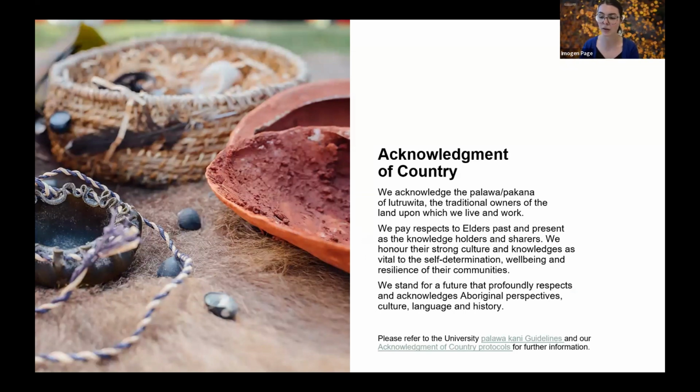Take a moment to acknowledge the traditional owners of the land across all of the places that you're joining us today. Here at the University of Tasmania, that's often the Palawa Pakana people. Respecting Indigenous knowledge and perspectives is something this university is committed to and something that you'll see throughout your time